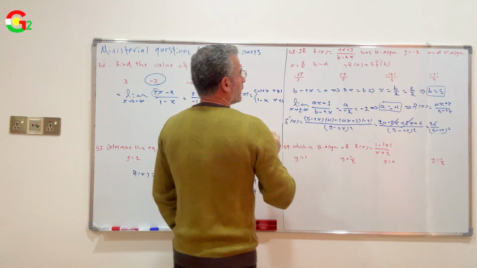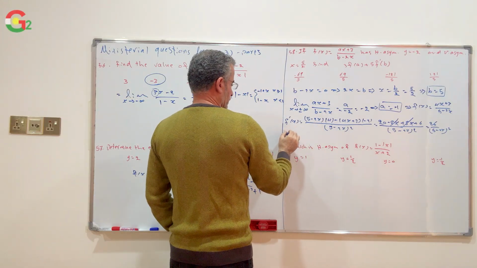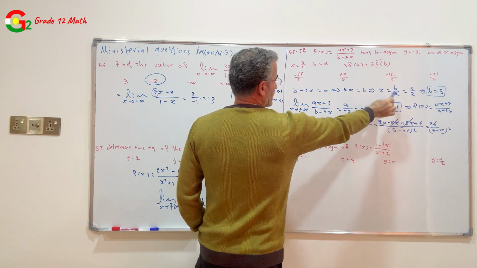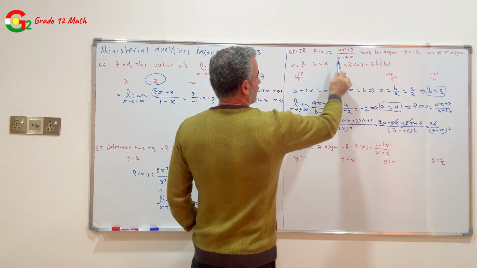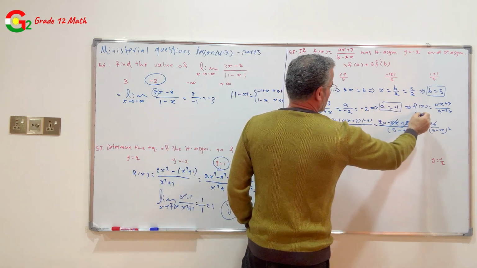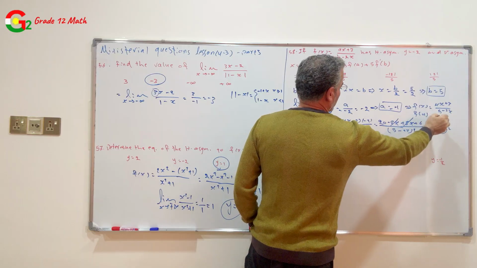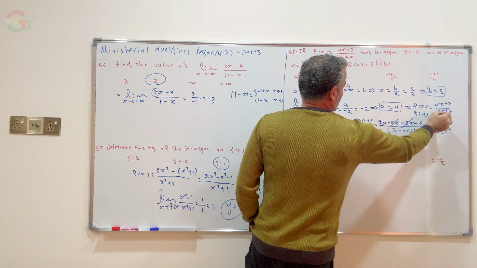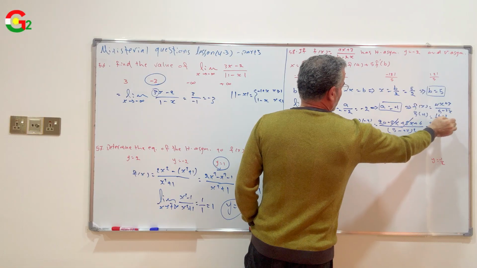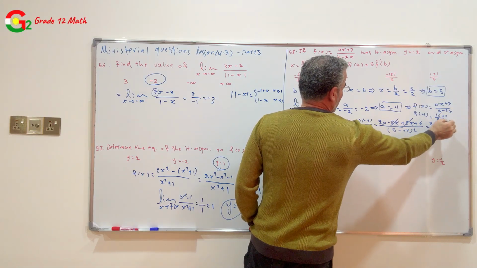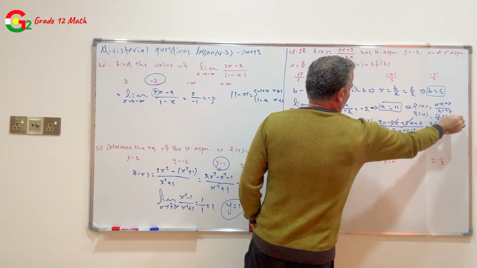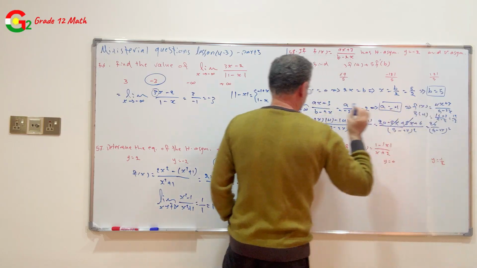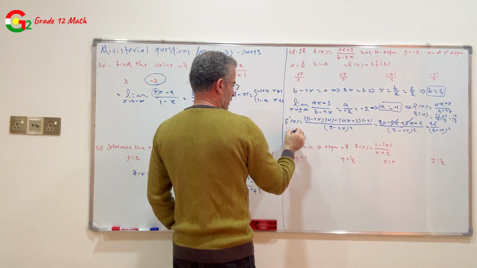Now, 3 times f of a means f of 4, since a equals 4. Then f of 4 is, rewriting it here, (4 times 4, 16, plus 3) over (5 minus 2 times 4, 8). Then the answer is 19 over -3. 3 times